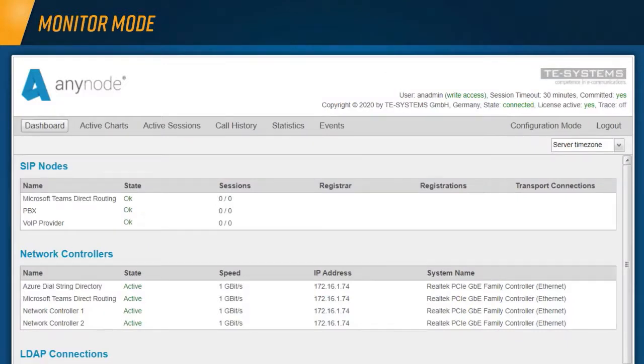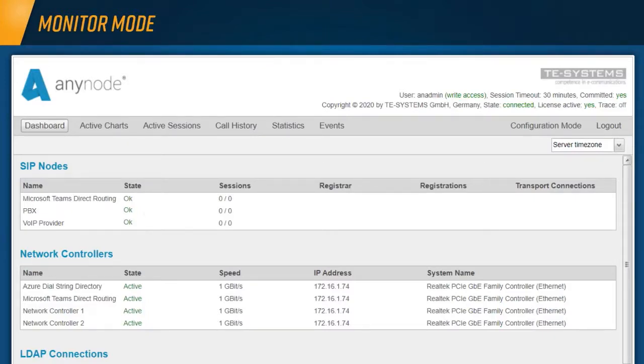Also, we do not want to forget the monitoring of the SBC in the hosted environment. So when losing the connection, you will not only have an incident in your house, this will have impact on all the customers you serve. So once set up, Anynode can be monitored in various ways to make sure that your SBC is always available